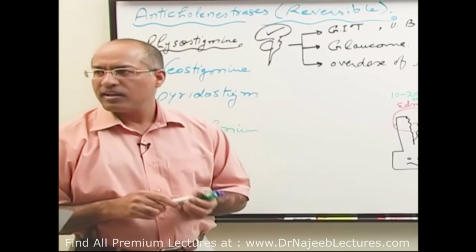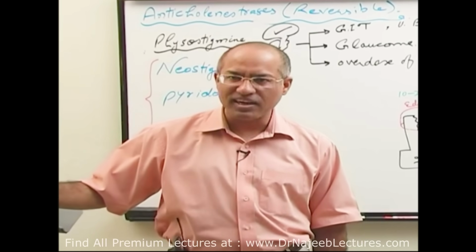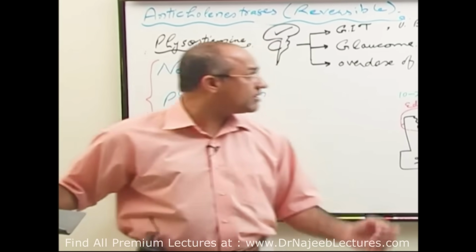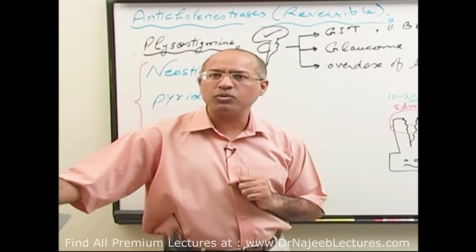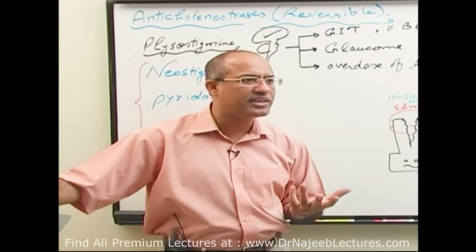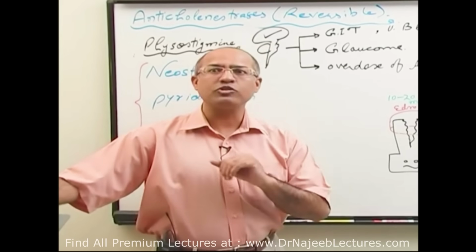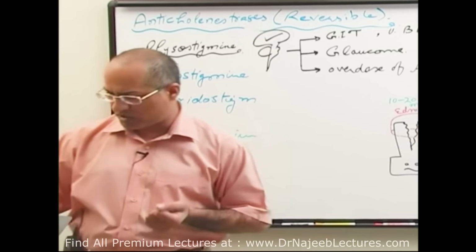Atropine is a drug which blocks which receptors? Muscarinic receptors, right? And if someone has overdose toxicity of the atropine, you can give, what is this? Physostigmine, and it will increase the concentration of acetylcholine at the synapses, and at higher concentration of acetylcholine, there will be muscarinic action restored, right?